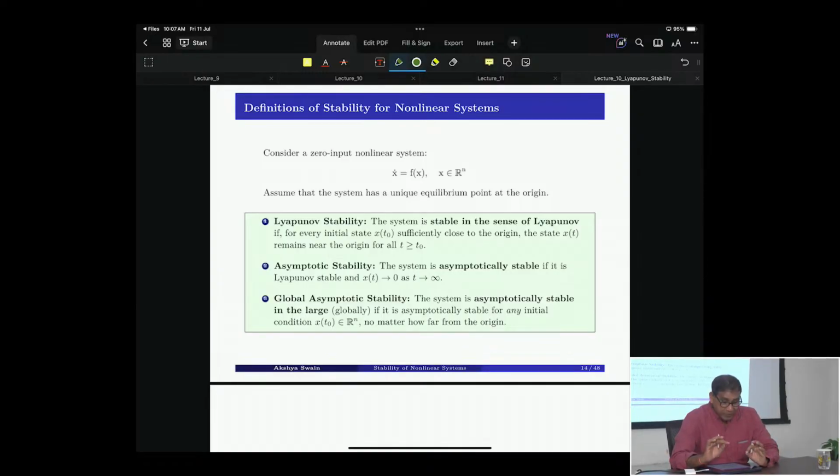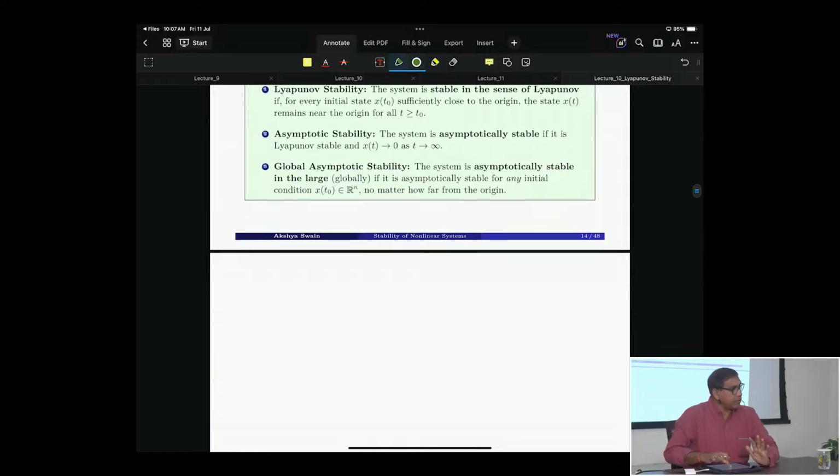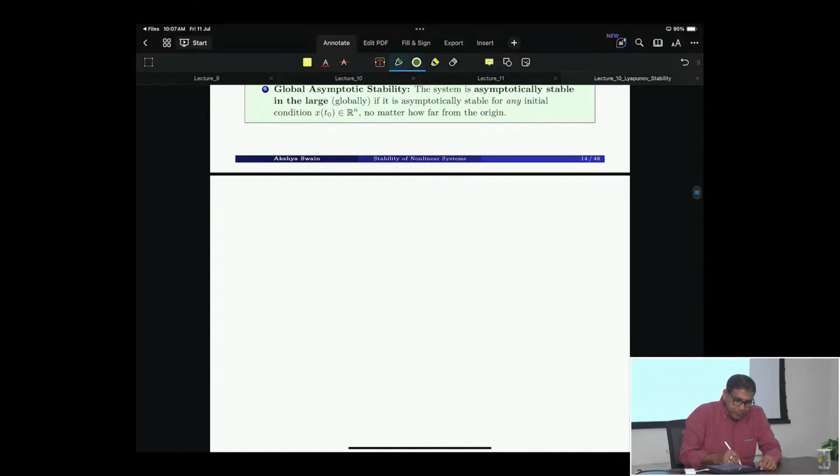Assume that the system has got a unique equilibrium point at the origin. This is the assumption, right? But the system doesn't have a unique equilibrium point. The system has multiple equilibrium points, right? So the question is, first thing I'll tell you, step number one, again repeating the point, while teaching the students, don't tell all these things because they will get confused. Step number one,